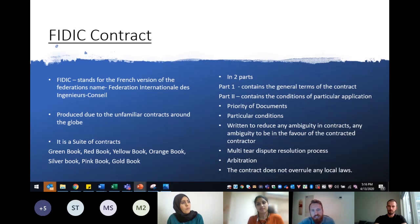If either party is dissatisfied with that, there's basically a period called the amicable settlement period. This is stipulated in the contract, but can go on for a few weeks to a couple of months. If the parties are not able to settle during this amicable settlement period, then the final stage is to